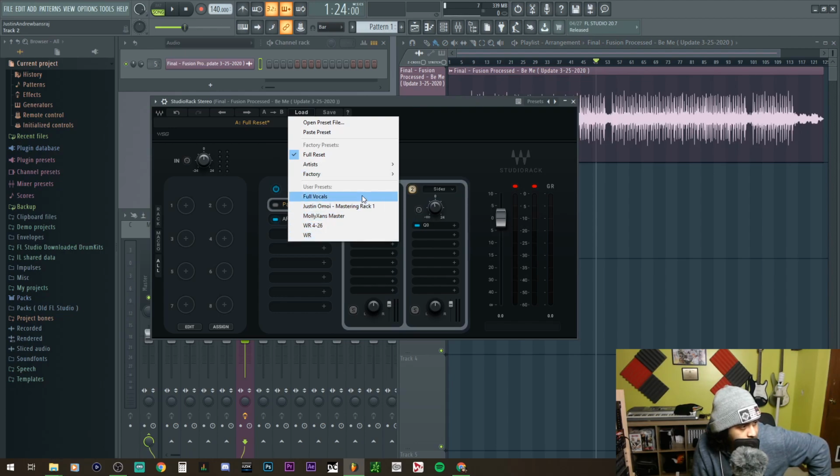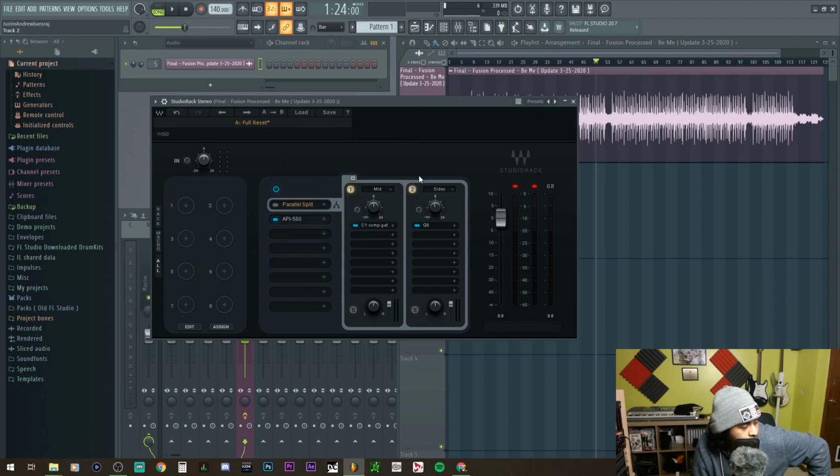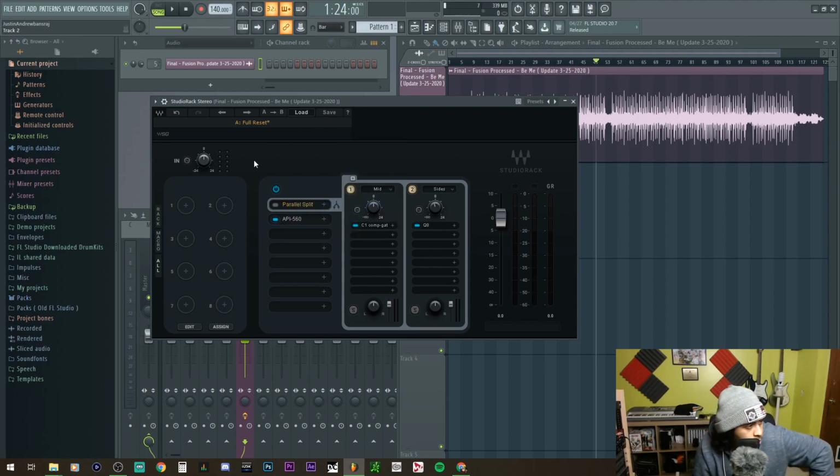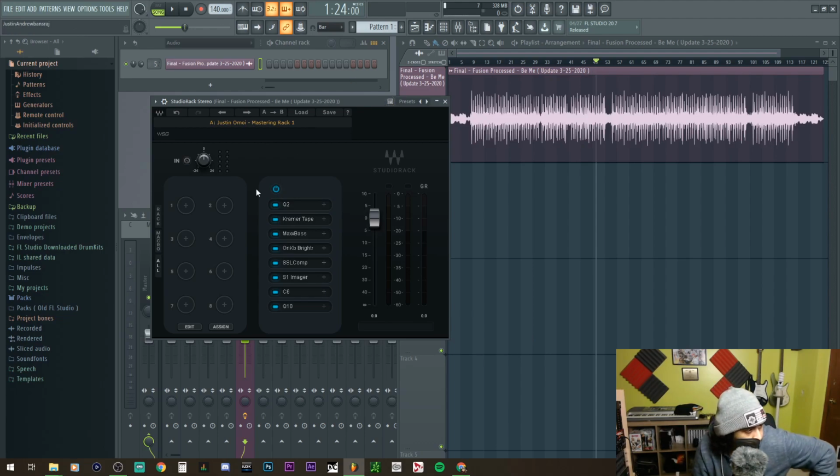We could load presets here. So I got the Molly Zan from an old client, William. Shout out to you. But yeah, it looks like we'll be able to load in old presets. Which one was this? I don't know. Give it a second. Let it load. Yep. And you can even bypass them all with a single click, which is something I believe is new, because I do remember going through every one of them and being like, okay, I don't want to hear that. I don't want to hear that. Now we can just do it all with a single click.